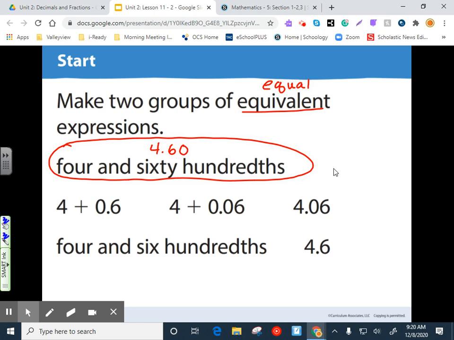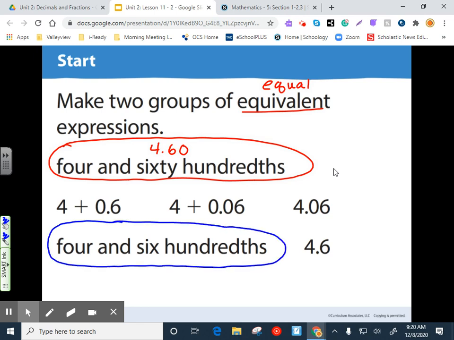The other group we're going to make, I'll circle in blue, is 4 and 6 hundredths. And that is going to be any number that's equal to that. So let's look and see what we have here. Let's start with 4 and 60 hundredths first. So we want equal 4.6. Oops, I see what I did there. 4.6 or anything that's equal to 4.6 because